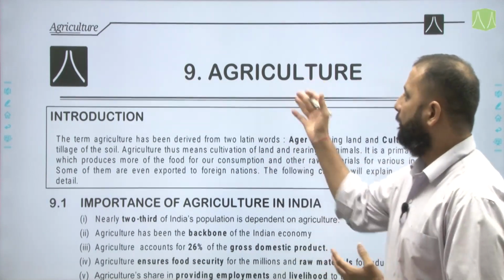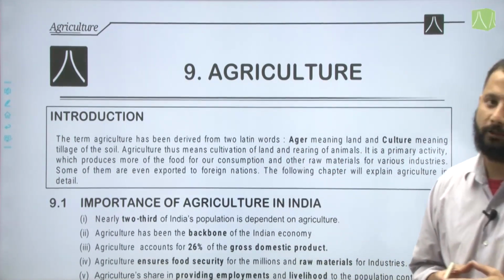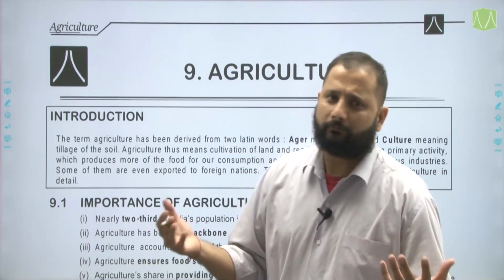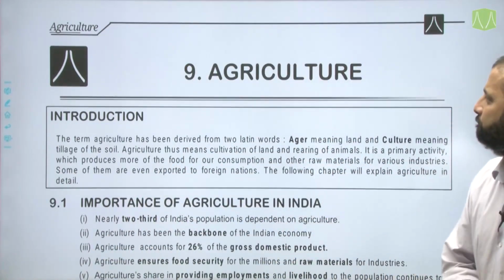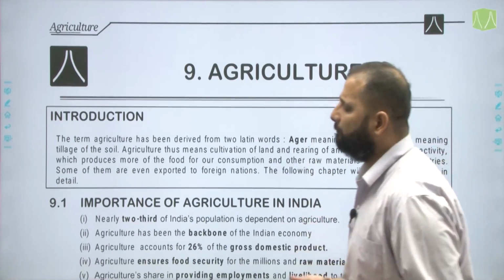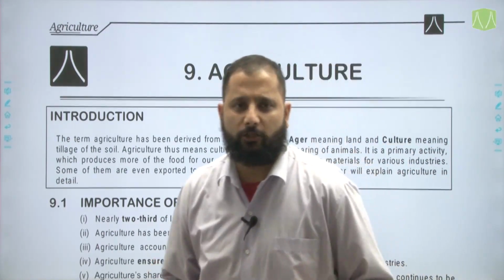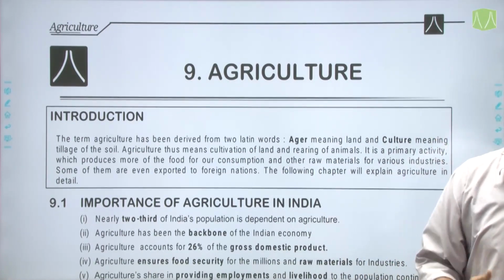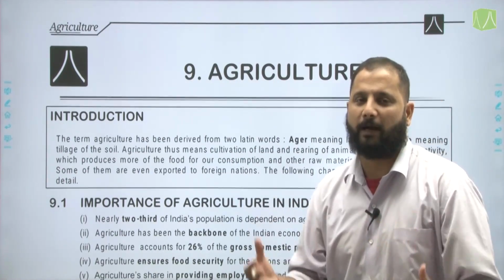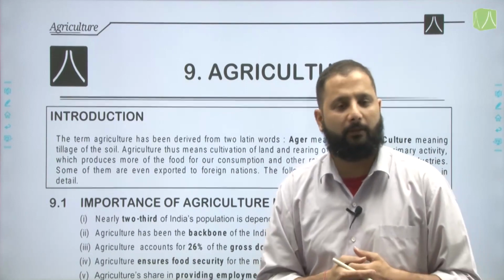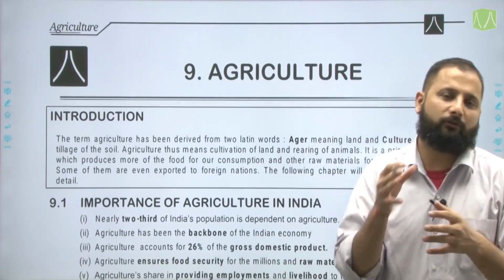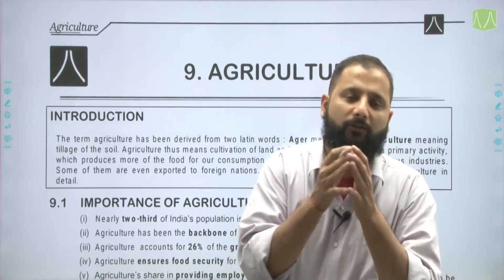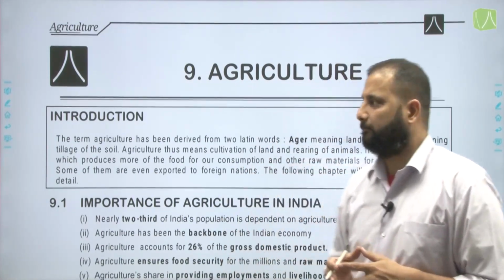Today we are going to discuss the chapter Agriculture. This chapter is part of your geography portion, and let us quickly start. What do you understand by the word agriculture? That is related to your primary activity, and this we have also studied in our previous classes, in class 8th. A similar chapter named agriculture was there, but in that we were looking at things from a world perspective. Now in this chapter for class 10th we are looking at things from the Indian perspective.